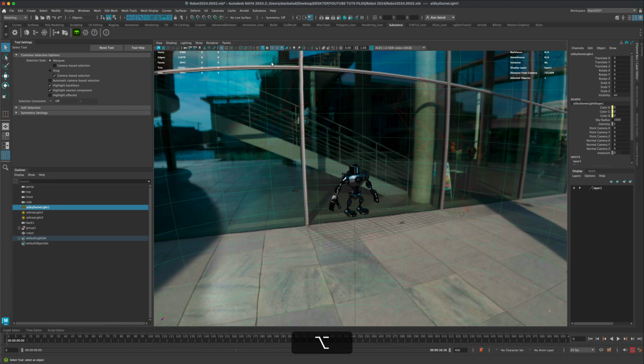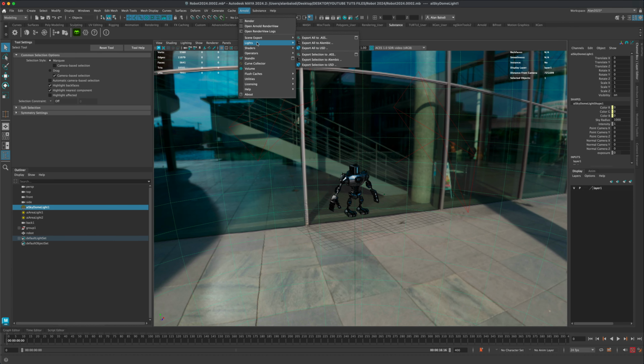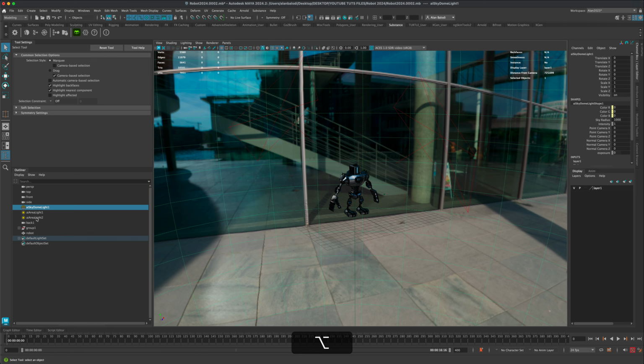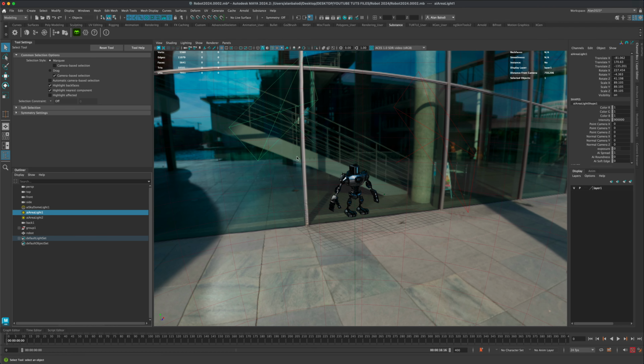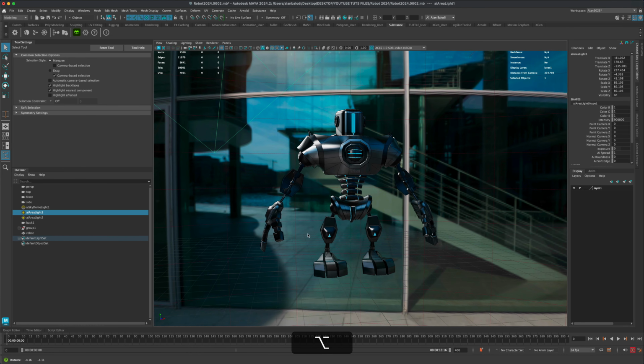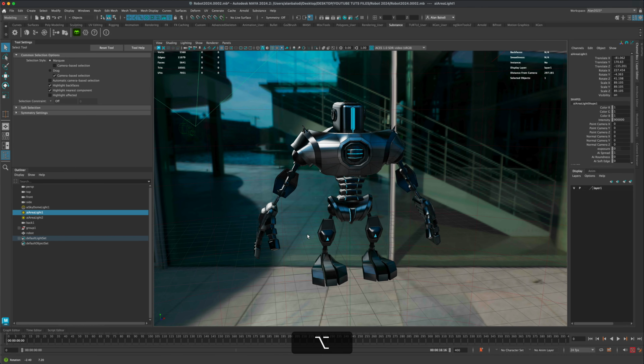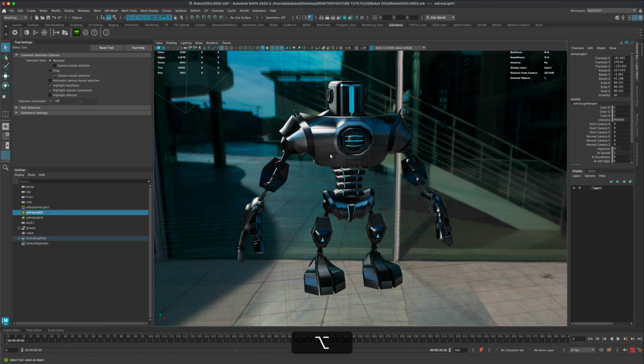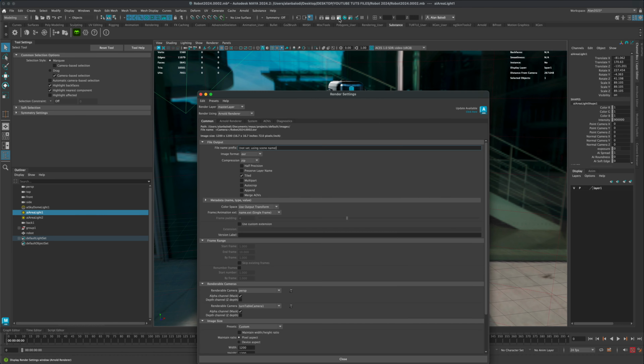And the way you create this is you just go to Arnold, lights, and you add a sky dome, and then assign an HDR, and then you can do a couple area lights, right? So this is kind of my rim light. So once you set up your lights, you can of course render the character and see what that looks like. So let's go ahead and